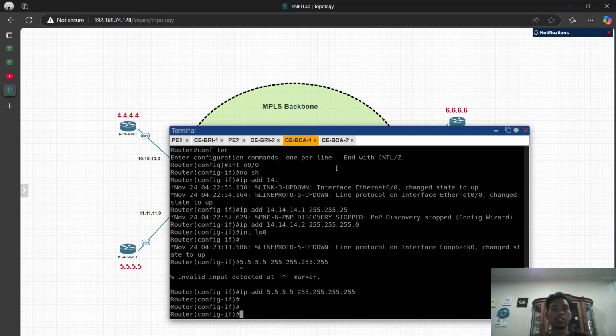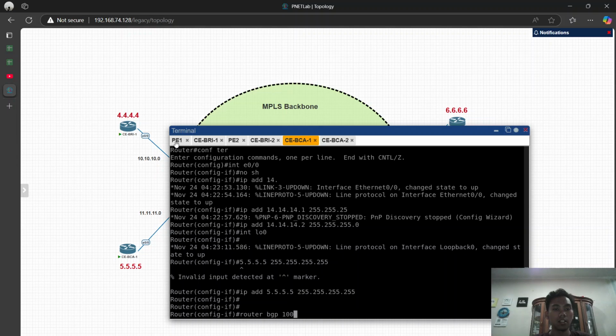Okay, so now we will set the BGP, set the router BGP 100, because we set the redistribute in the PA1 and PA2 as 100.